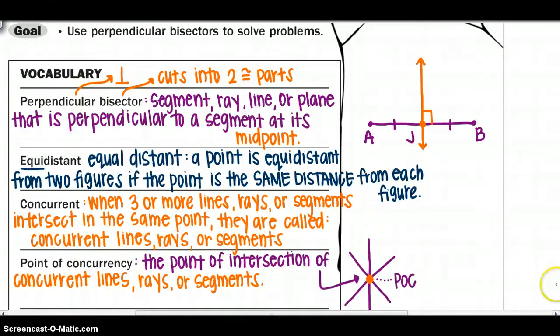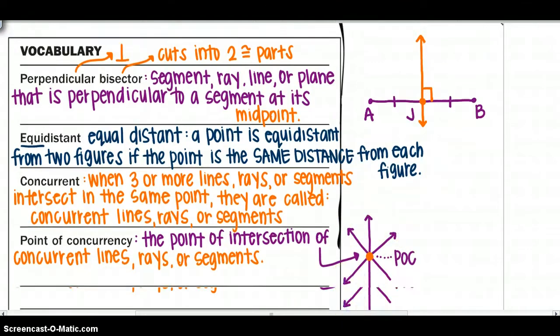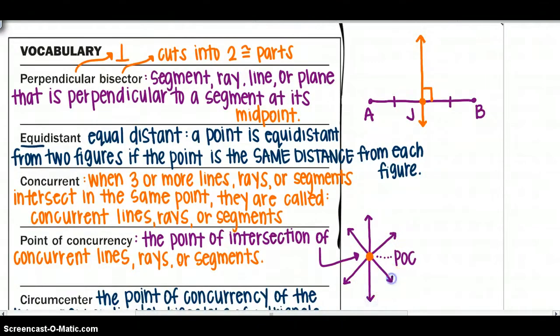Notice out to the side here, I have three lines that intersect at the orange point. The lines are called our concurrent lines, and I could have rays or segments. And the orange point is called the point of concurrency,